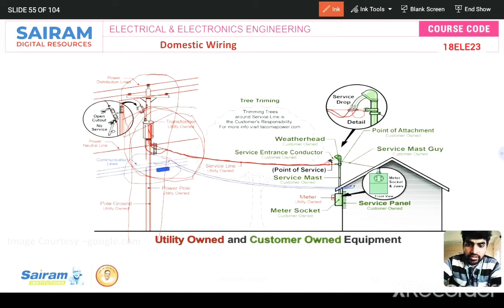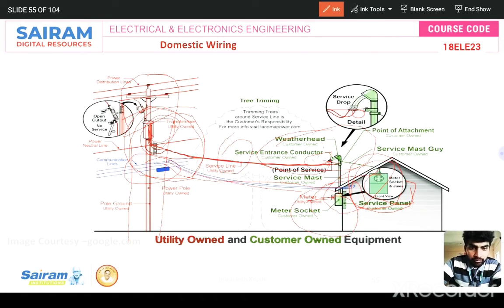There are communication lines here, and from here to here there is a distribution transformer. This is a meter board, circuit board, and this one is the meter circuit, and earthing wires can also be placed. This one is the communication cable, don't confuse, only this part is ours. Here is the meter utility, then the meter circuit, and this part has to be grounded.